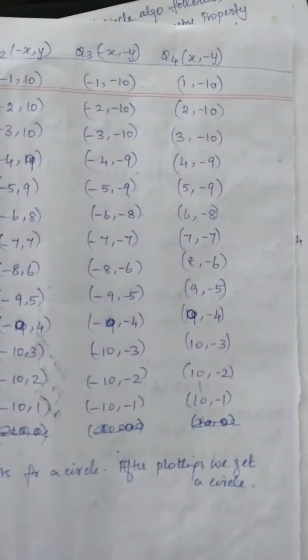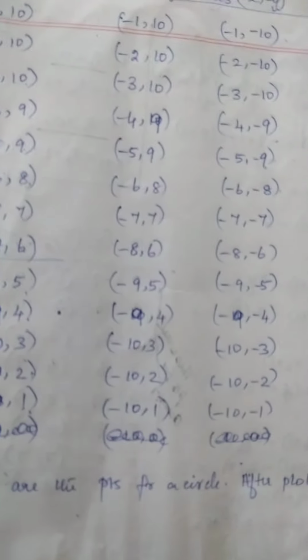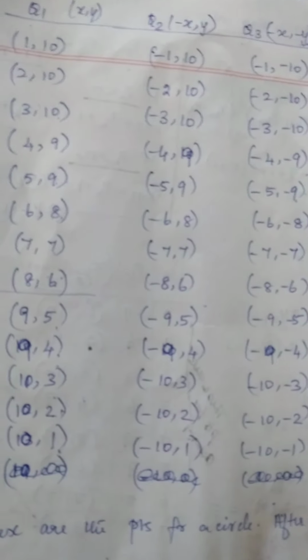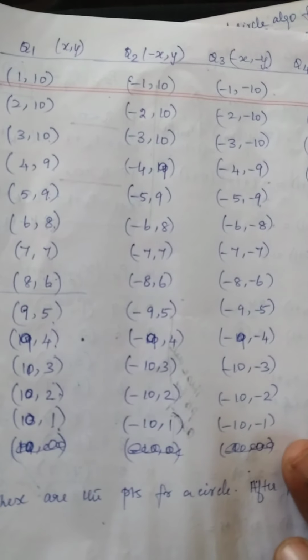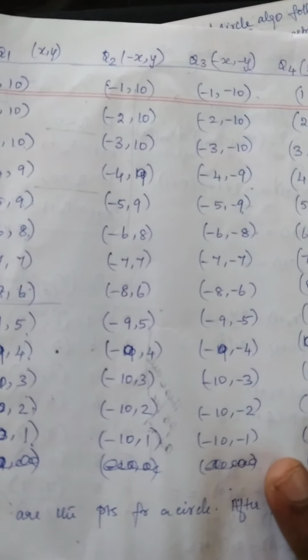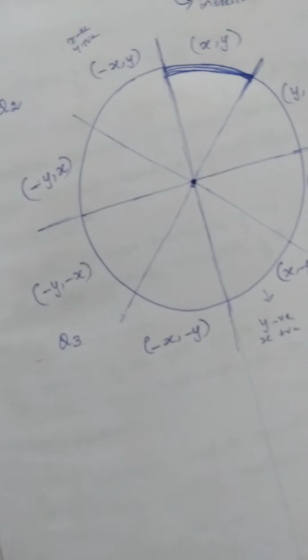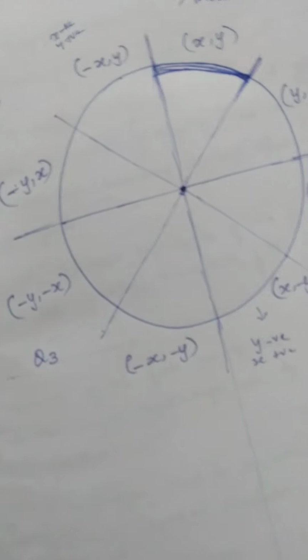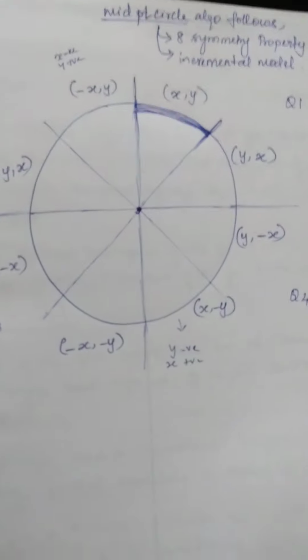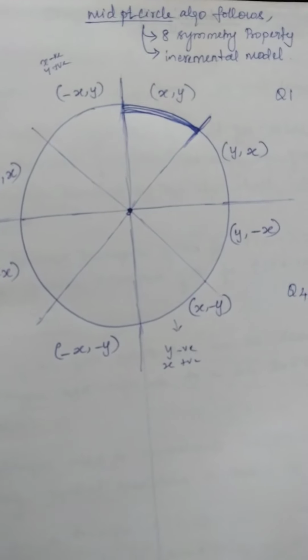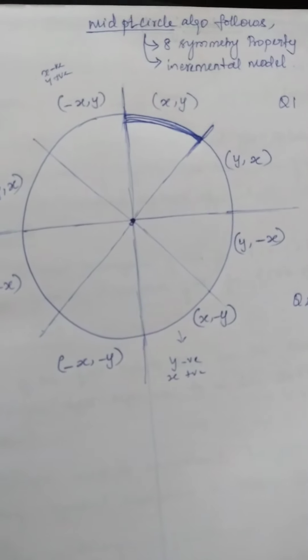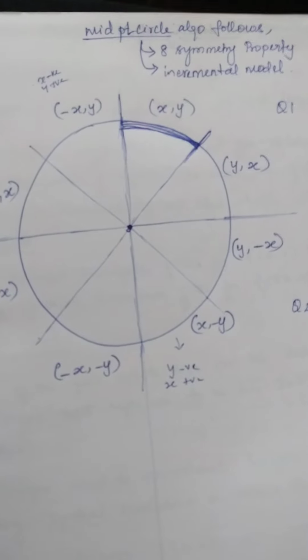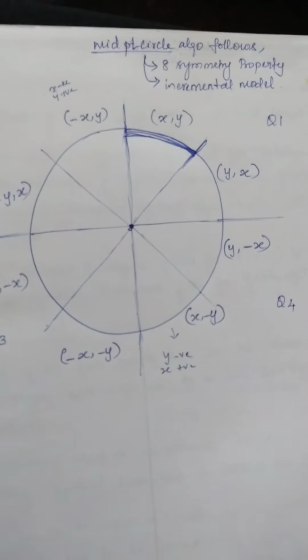And one thing I want to tell: it has some advantages as well as disadvantages. It is a powerful and efficient algorithm, but the circle generated is not smooth. Similarly, the entire algorithm is based on the equation of a circle, that is x square plus y square equal to r square. It is easier to implement but time consuming, and is used to generate curves on raster displays. Thank you.